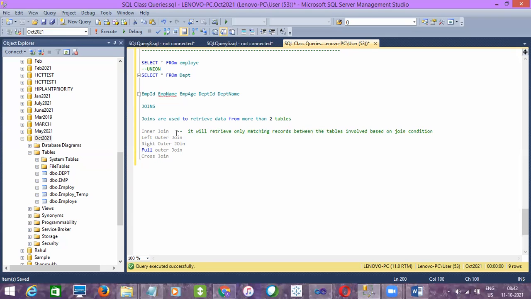You got it? So it will retrieve only matching records between the tables based on the join condition. So how do you write the code? I'll tell you, then I'll give the explanation. You'll get a better idea. Select star from employee, and then we have to give inner join, and then the second table, department, on